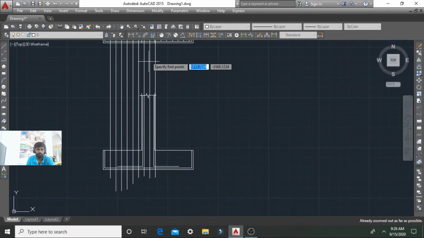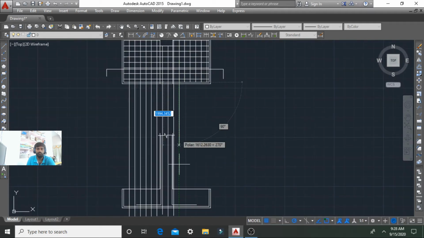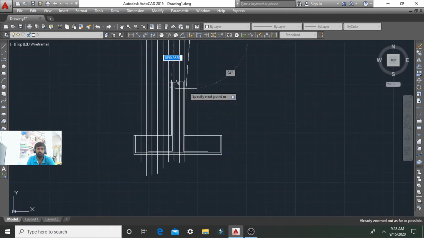We can also place it using the spacing, but I am showing how to draw a section view from the plan.